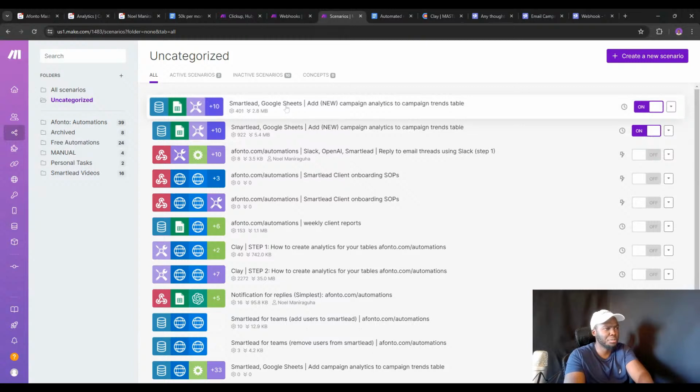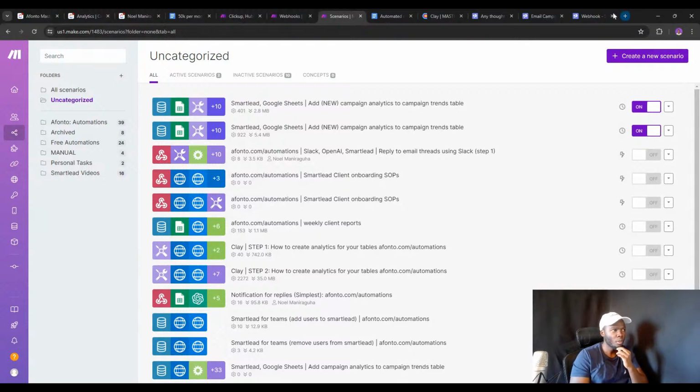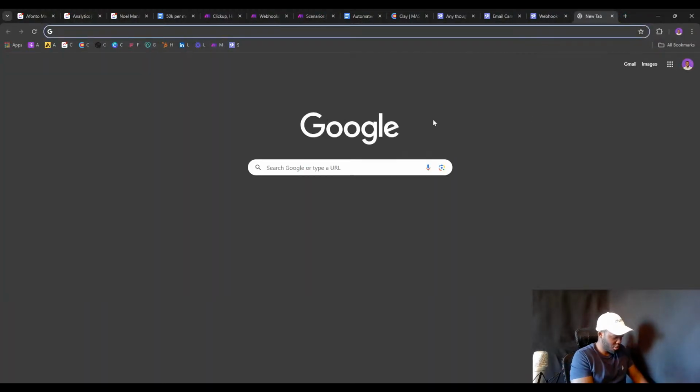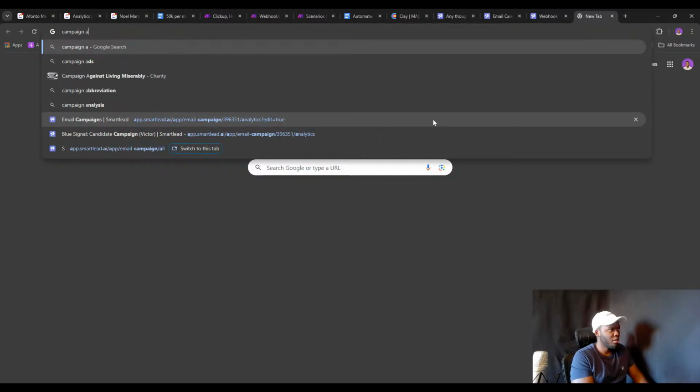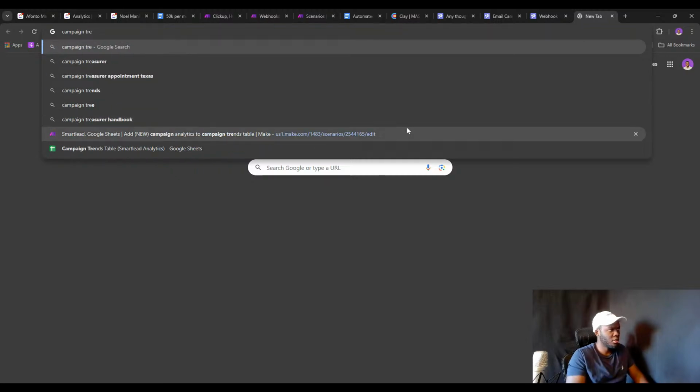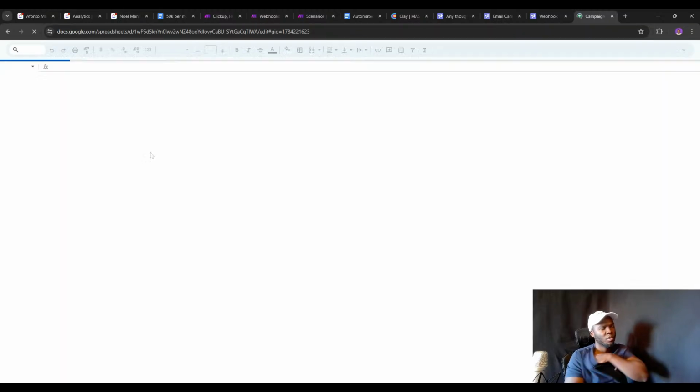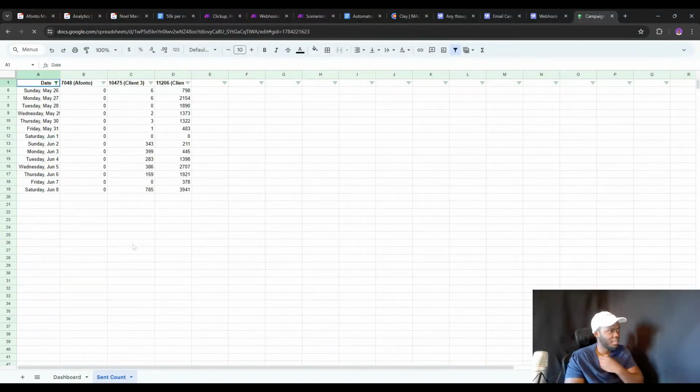Okay, so add new campaign analytics to the campaign trends table. Ooh, this is good, but is it done though? We were working on this yesterday. It was inside the sheets. So campaign trends table. We were working on this yesterday and it gave us some data. I never got a chance to double check whether this data was accurate because obviously it does not seem to